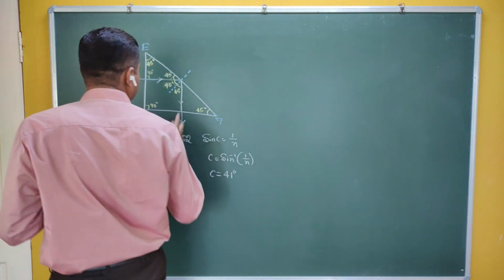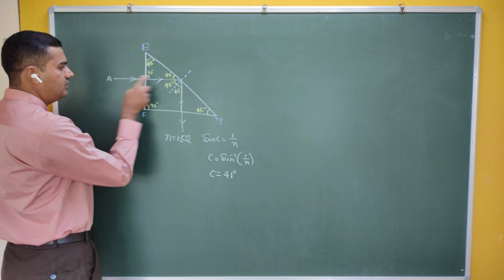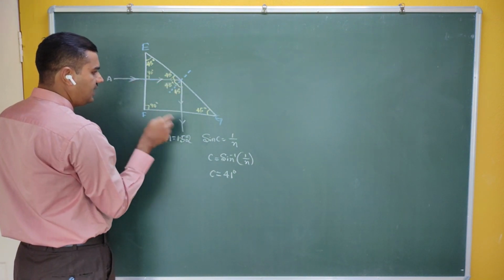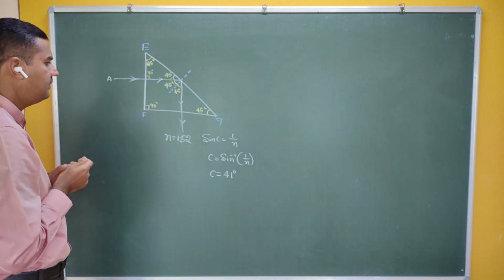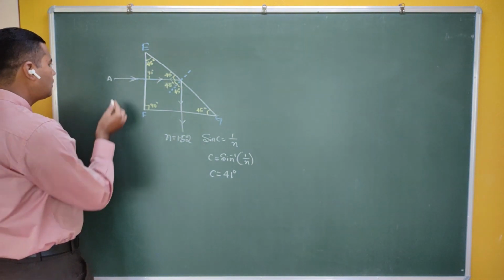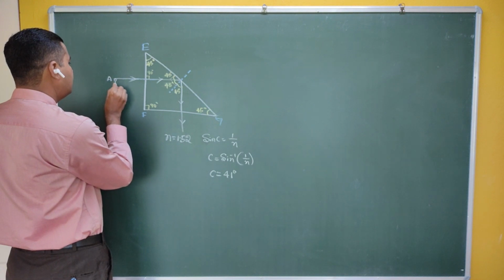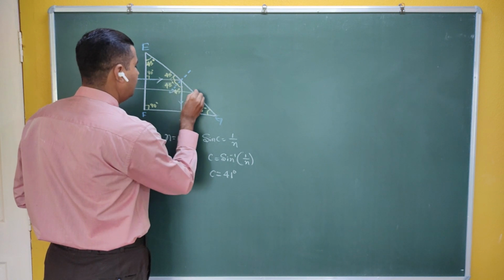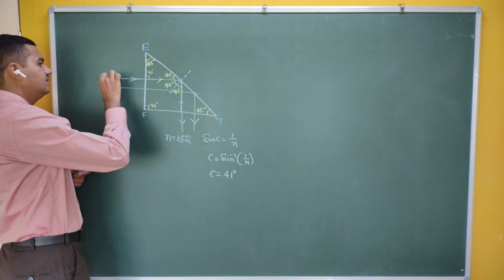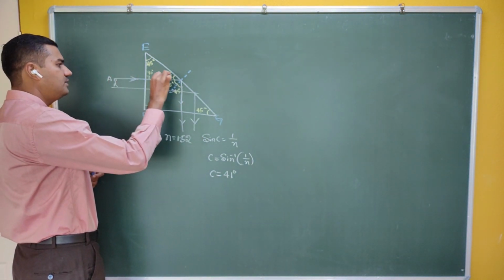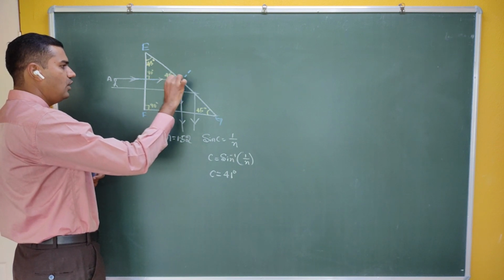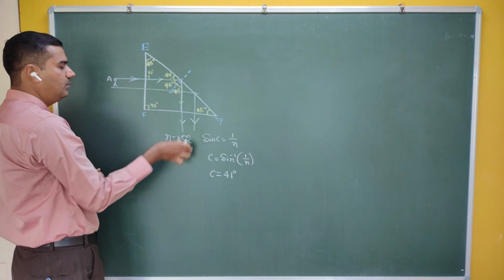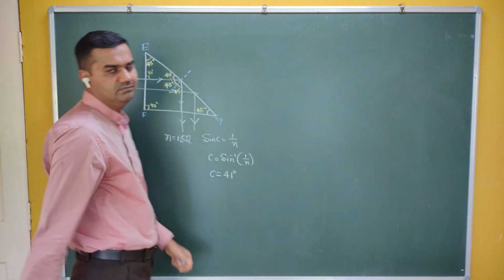Now see, it falls like this. Normally, then TIR takes place, then reflection takes place, and it emerges from the other surface FG. If you take one more ray here, if some object is there, again it moves like this. That means if some object is here, the same object appears, and you can see the object from this side also.